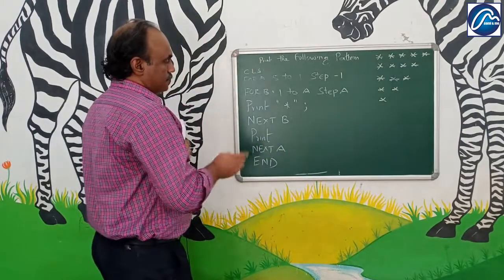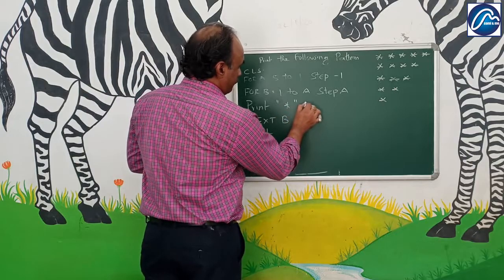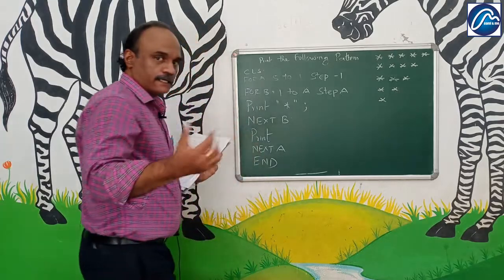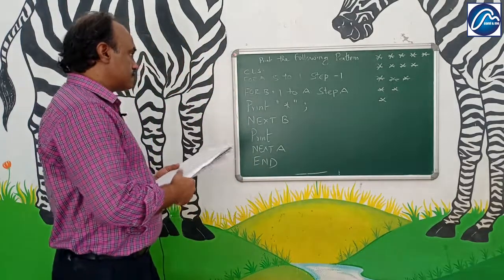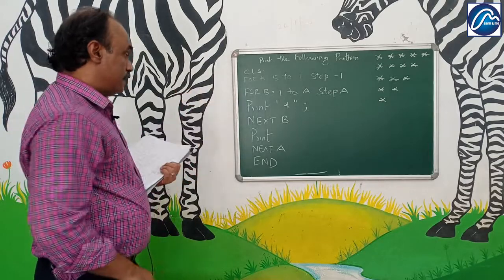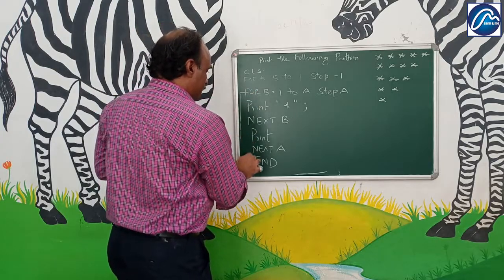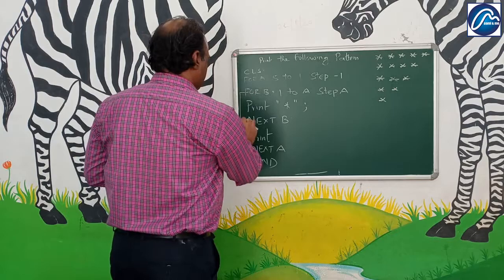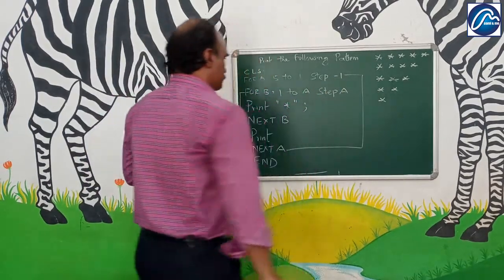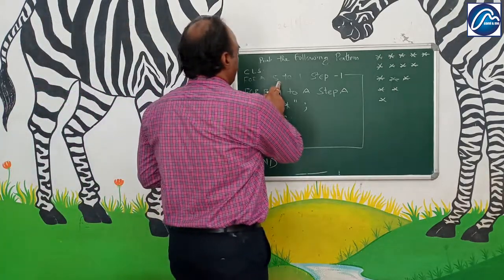You might have noticed here, after print, I am giving semicolon. Semicolon will make the printing in the same line. That has to be taken care. Semicolon always has a specialty when you give the print statement. Now see how this program works. This is the loop within a loop. Where is that? For B. Next, loop within a loop, and this is our main loop.